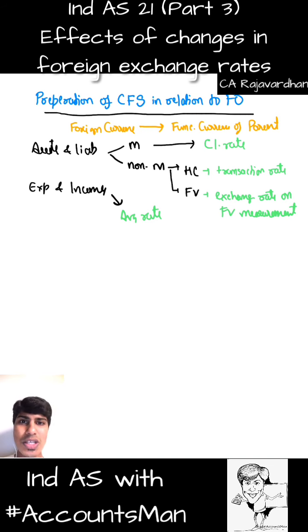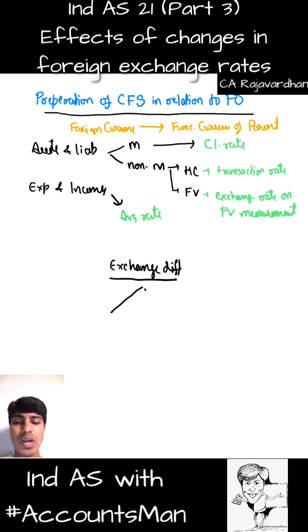So in the process of this preparation, there will be certain translation difference that will arise. So now we'll understand the exchange difference. Whenever I do this, there will be an exchange difference generated. What will I do with this exchange difference? Am I going to transfer this to my other comprehensive income, or to my P&L account? Before I answer that, I need to make you understand that this entire exchange difference is not completely mine, because it is on conversion of the entire foreign operations.